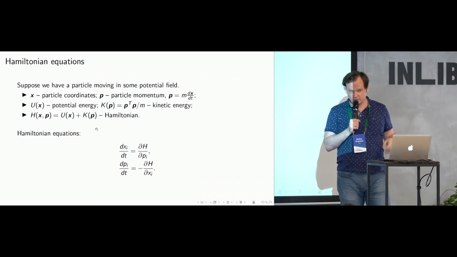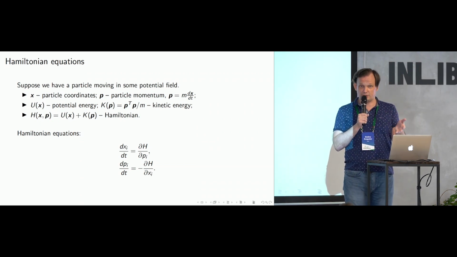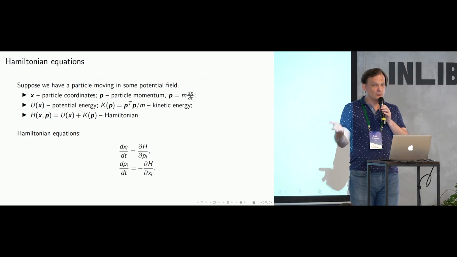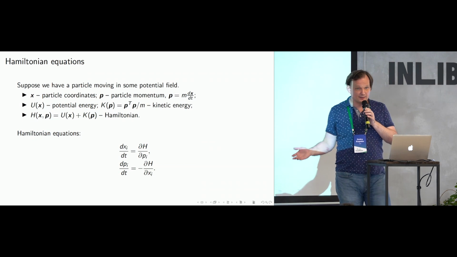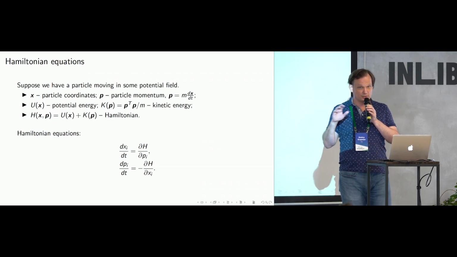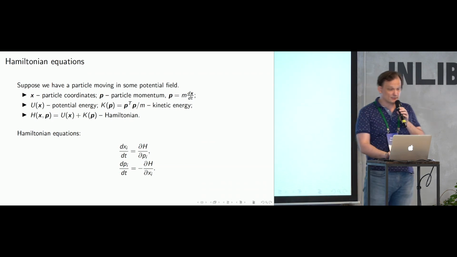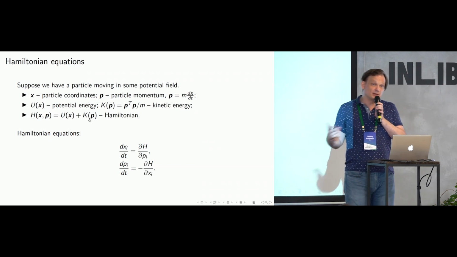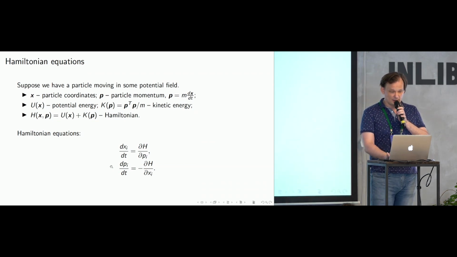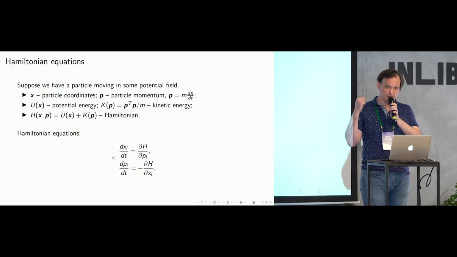Here we have two kinds of energies, potential energy and kinetic energy. Potential energy at each position because of the gravity field, and kinetic energy because of the velocity at each point. And for sure, we can use here just Newton's laws of motion and say that our trajectory should be such that our total energy of the system, the sum of potential and kinetic energy, should be preserved at the same level. And actually, the Hamiltonian function is just a sum of U of x and K of p, the potential and kinetic energy. It's just an equivalent way to write down the second Newton law of motion. It says that our trajectory in time on these two coordinates, on coordinates x and on our momentum, which is proportional to velocity,